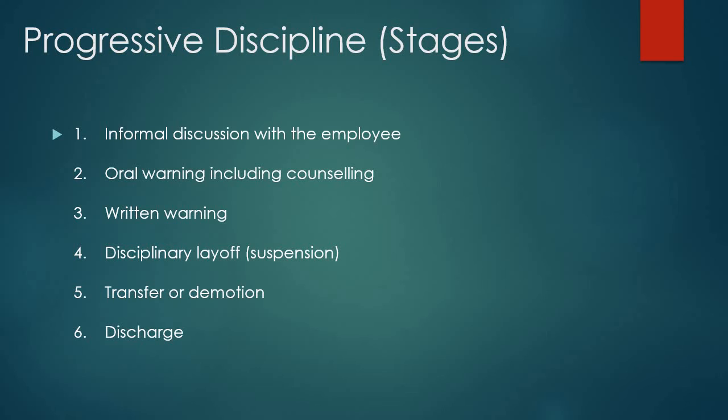Prior to the end of the meeting, the employee should be asked to sign the written warning indicating that he or she has read and understood the warning. If the employee refuses to sign the written warning, the manager should note this on the written warning. The original written warning should be placed in the employee's personnel file and a copy provided to the employee. At the manager's direction and depending on the nature of the issue, a second written warning may be given prior to implementing a performance improvement plan.